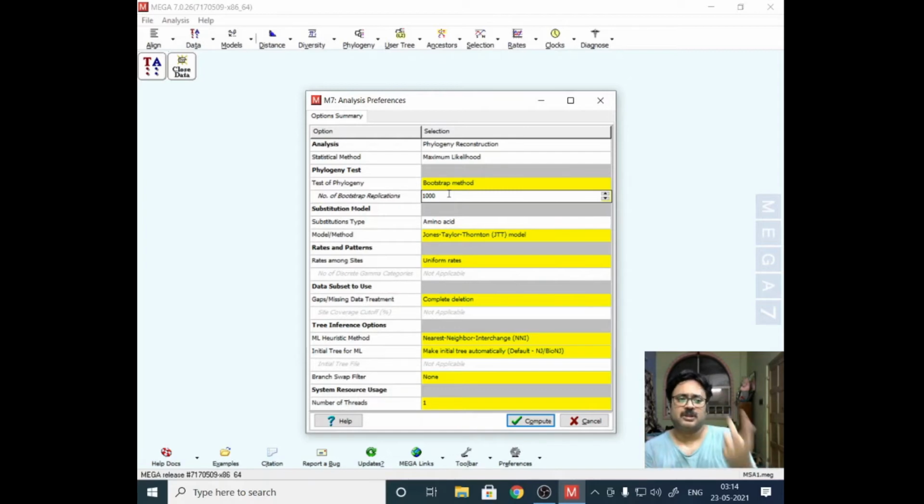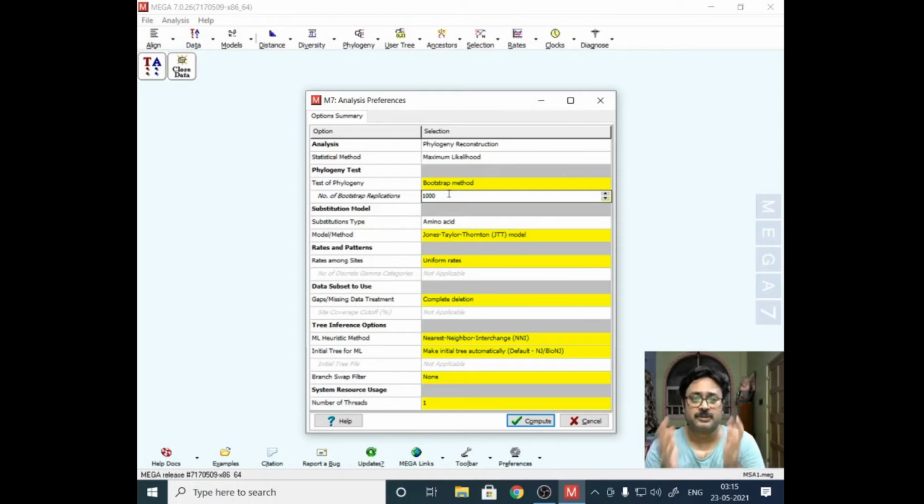For the example that I am showing here, I have 8 sequences. Each of them is approximately 500 base pairs or amino acids long. So for this, the bootstrap value which I expect is going to be very high. But when I give you a sequence length of, let's say, 800 to 900 amino acids or nucleotides, and I have 200, 300 sequences, then not only is it going to take a whole lot of time, but the bootstrap value won't be as good as in my case, because here the probability becomes much more.